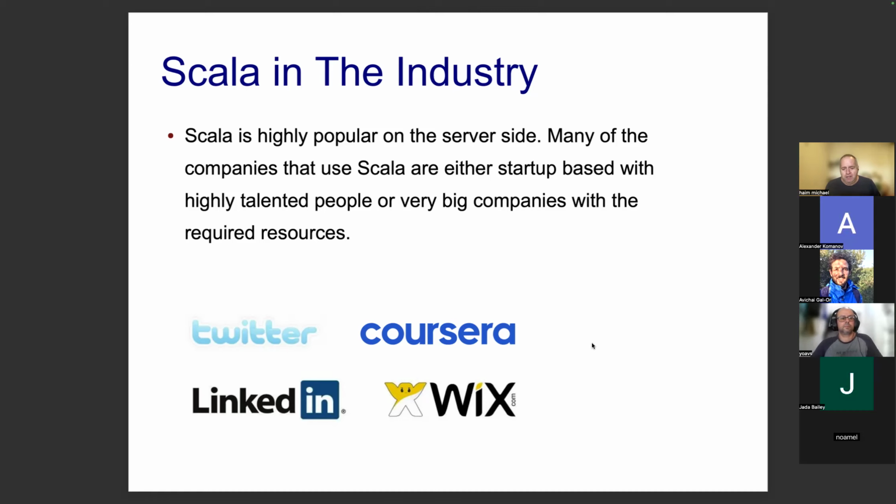You can find full stack developers, but looking for Scala developers is a challenge.